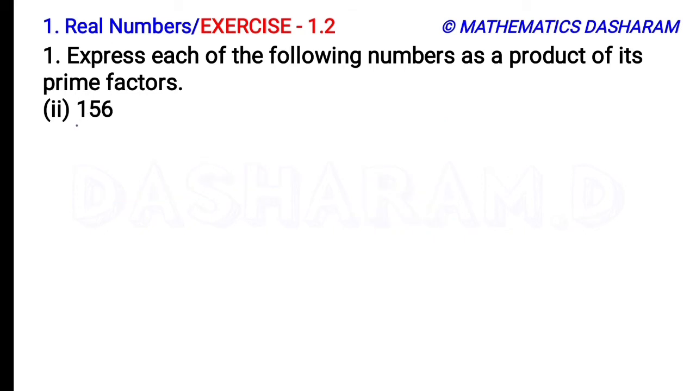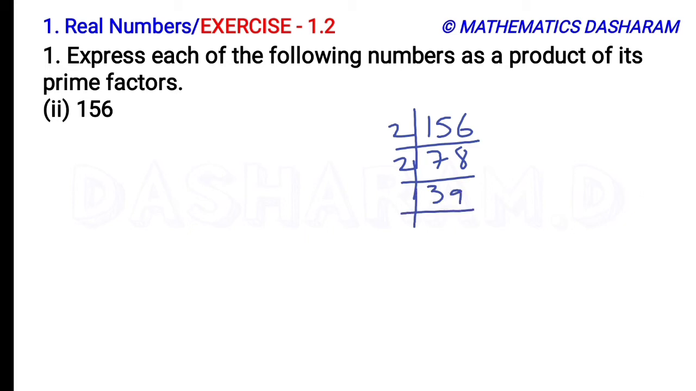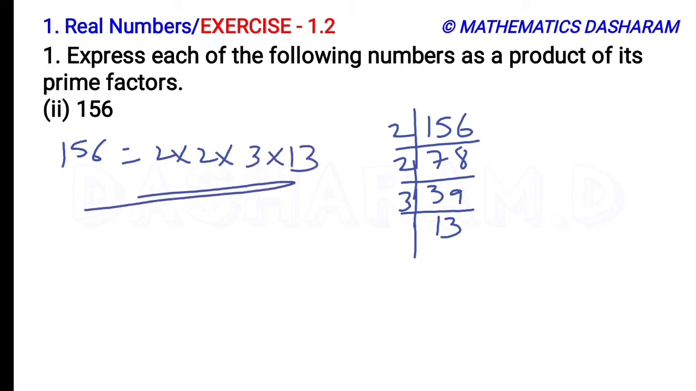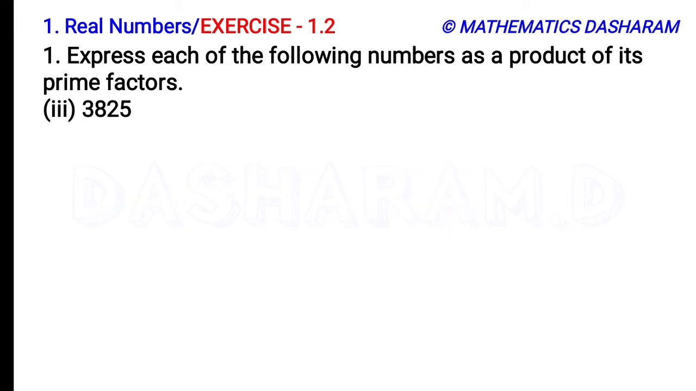Next, second question, 156. It is coming in the 2 table. So 2 ones are 2, 2 sevens are 14, 2 eights are 16. Again 2 table, 2 threes are 6, 2 nines are 18. Next 3 table, 3 ones are 3, 3 threes are 9. So 13 is a prime number. So 156 equals 2 into 2 into 3 into 13. So it is called a product of prime factors. Third question,